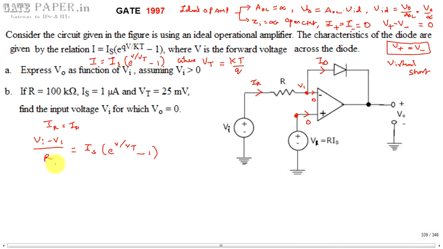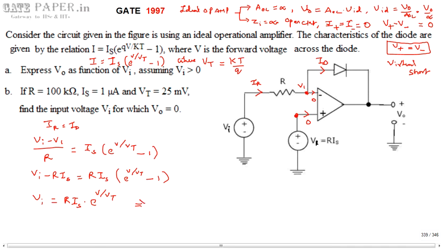And this R, if you are taking that side, Vi minus V1 is nothing but the value of V1, which is R times Is. If you are taking R this side, it will become R Is into e power V by Vt minus 1. So we can write Vi is equal to R Is, and if you multiply this with the minus 1, this will get canceled. So that makes R times Is into e power V by Vt.